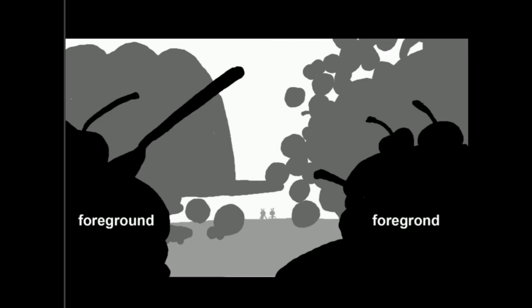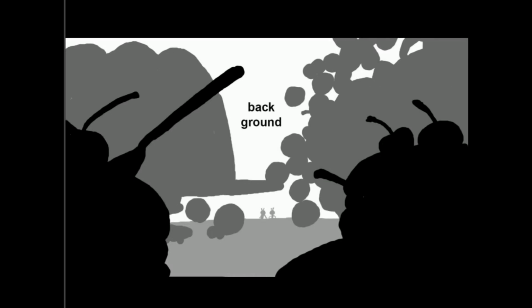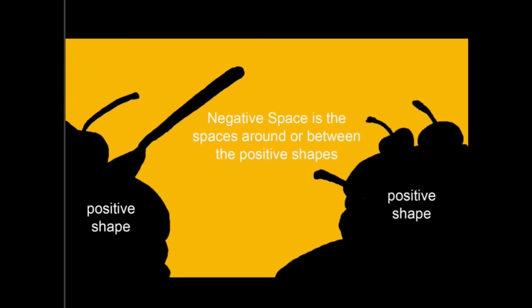You just simply have to train your eye to see these foreground elements and the middle ground elements and the background elements, right? And how they are actually interacting with one another. Because then you'll start paying attention to something that's called negative space. This is the space between or around the positive shapes, and this is something that's probably new to you, to actually think of each individual character or each individual prop, whatever is in your frame, as a positive shape, and then how it relates to the space around it as negative space. Okay,